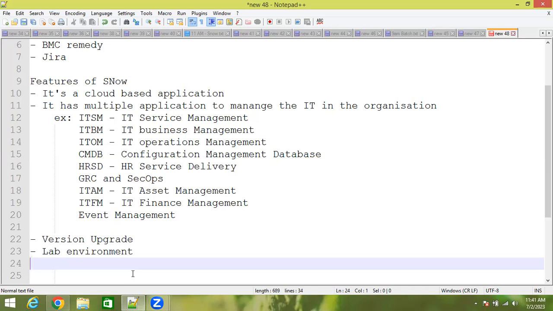If you take any other application, like Remedy, SAP, or AWS applications, there should be some lab environment to learn them. Some lab environments are not free of cost, but the ServiceNow lab environment is free of cost. You can request a lab environment, and then you can access all the applications.